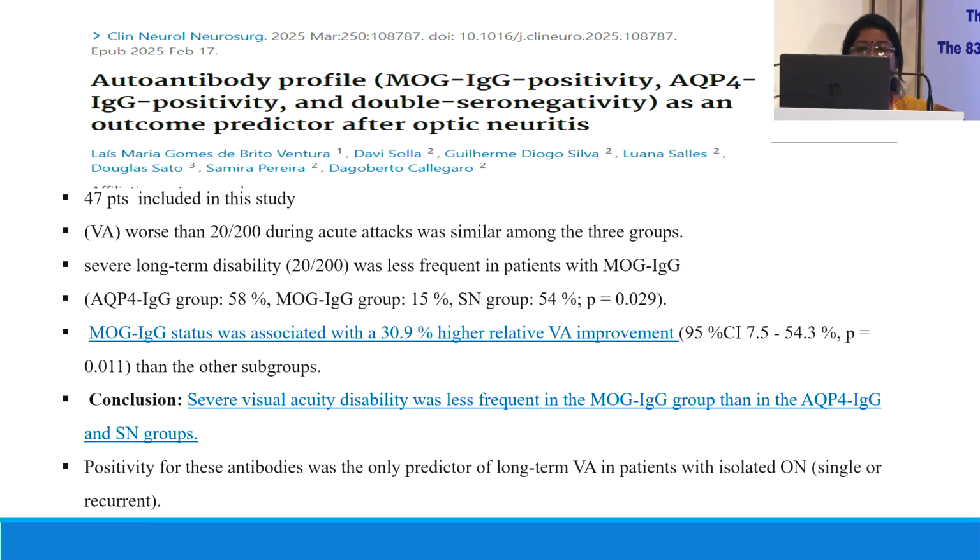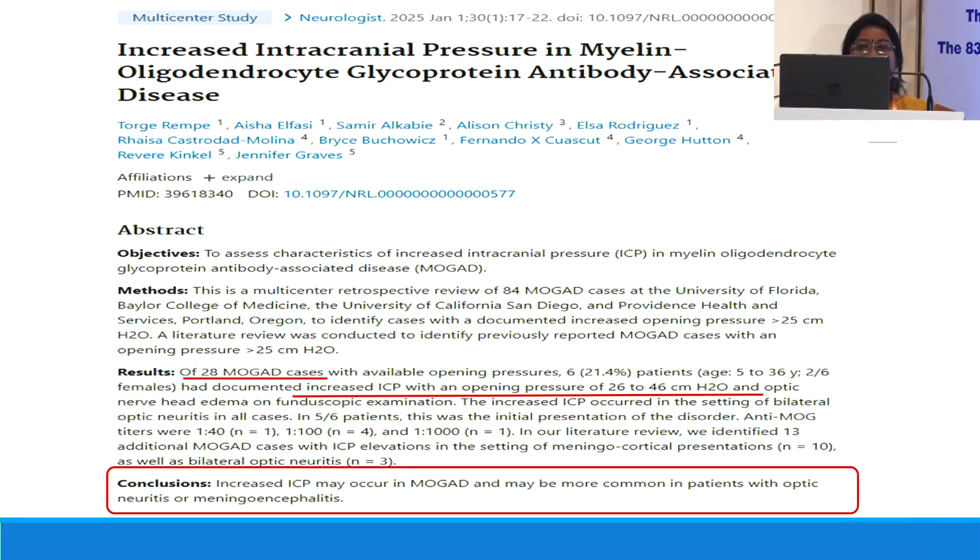And this is the new thing being discussed in the literature: MOG patients showing a raised CSF pressure. This is also reported in a study of 28 MOGAD cases, where many of them had 26 to 46 centimeters of CSF pressure when they tried to tap. So this has to be kept in mind, particularly when the patient comes with optic neuritis and features of meningoencephalitis, because that is the time when the CSF pressure has been recorded to be high in this